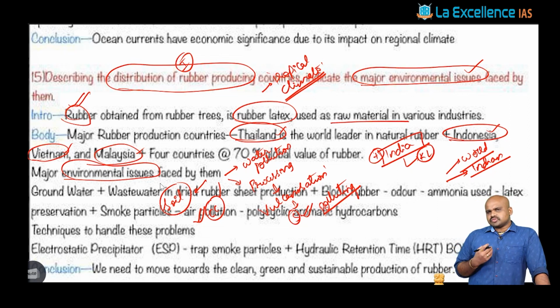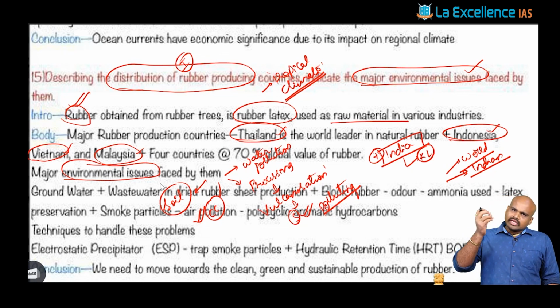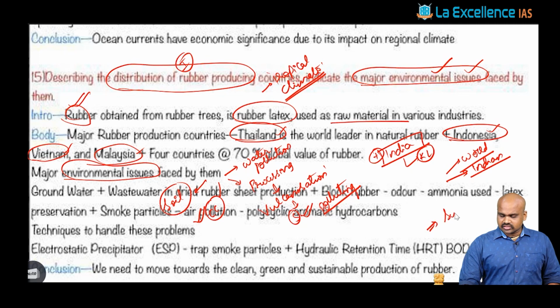you would see that the degradation of this rubber is also questionable, right? Because for it to not degrade very fast, we do this vulcanization process. And when we look at the disposal of such rubber, that becomes an issue with respect to soil pollution, right? Then moving on, because they are asking about what the issues are, it is very important for you to suggest.